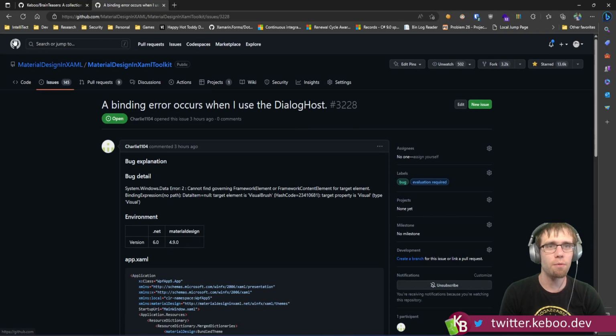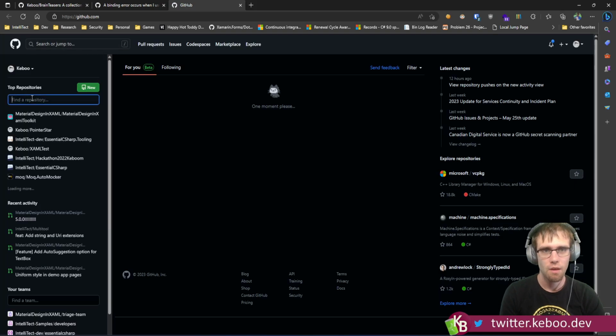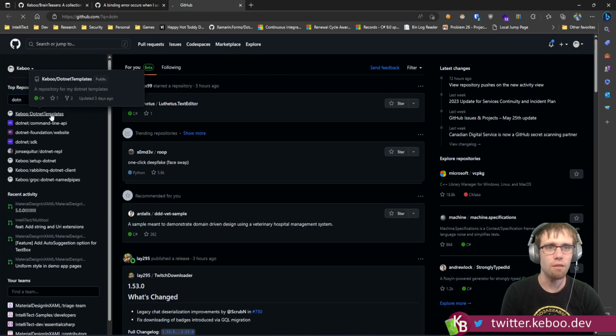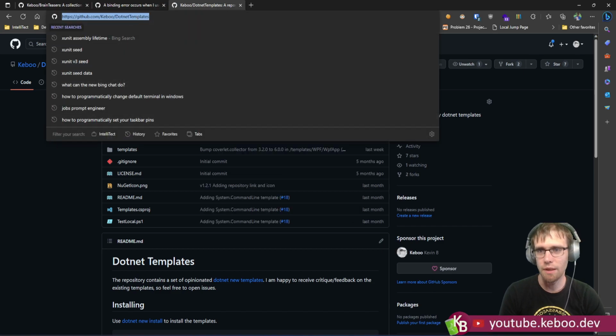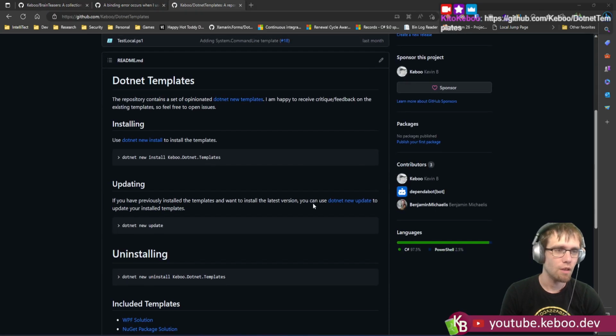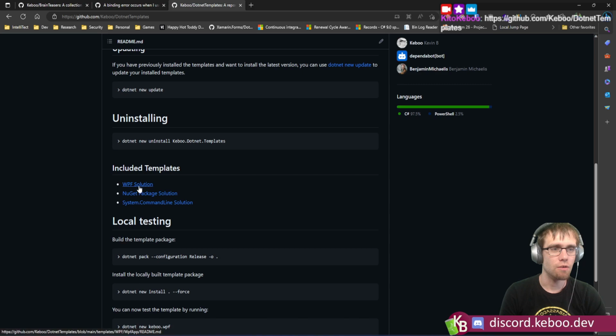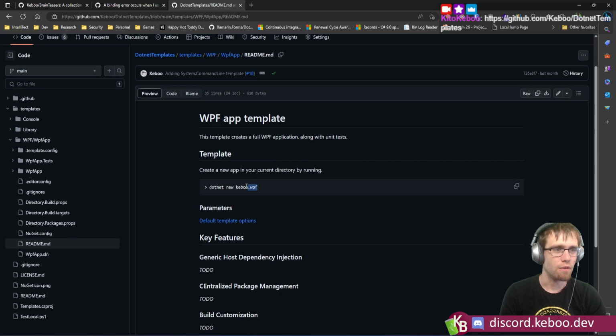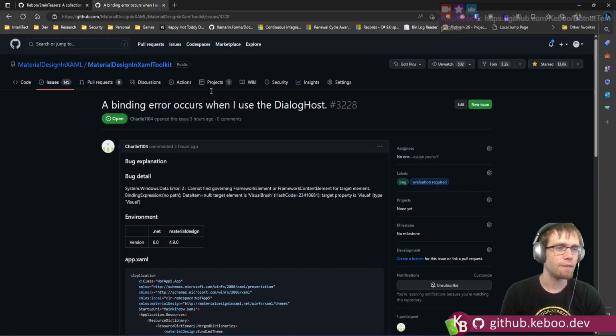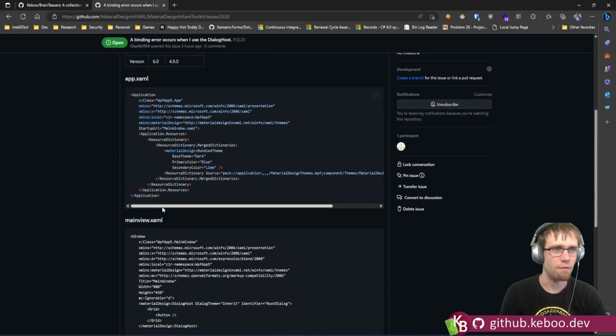So, shameless self-promotion time. For anybody who wants to be able to do that as well, here's the templates I'm using. They're mine. You install them by running this command on the command line. And then you're done. And then you can go into the WPF one, right? And run dotnet new Kebu WPF and whee! I still need to finish documenting all of the features that I've embedded in there, but for the most part,